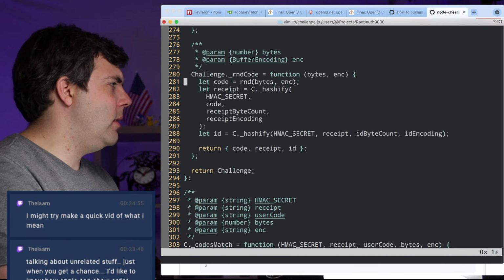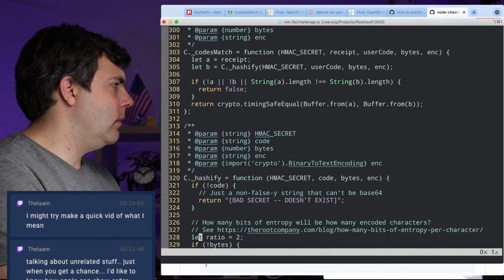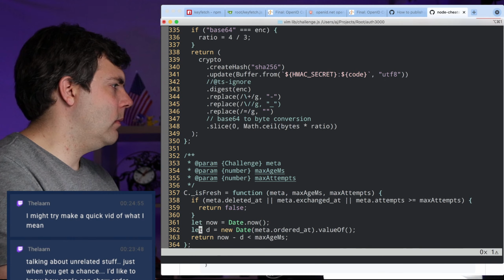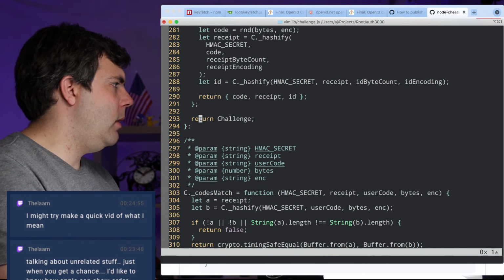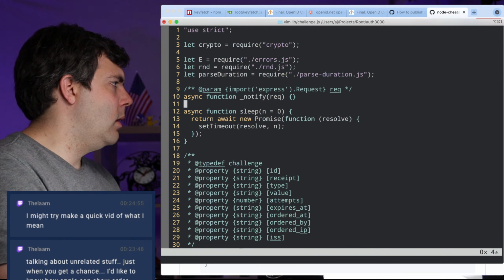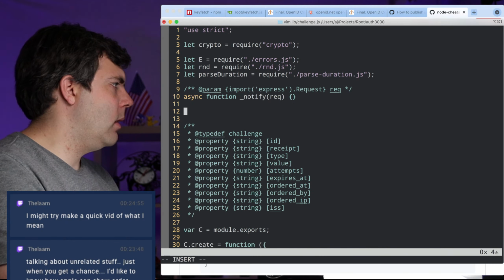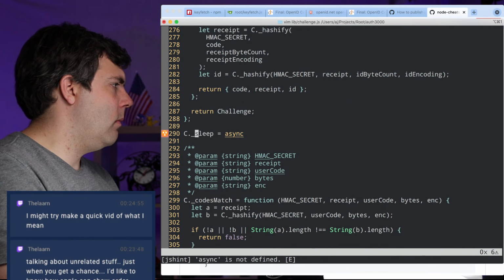Yeah, that would need too many parameters. Can't do it. But you know what we could do here? Sleep. Where's sleep? That one we could do.